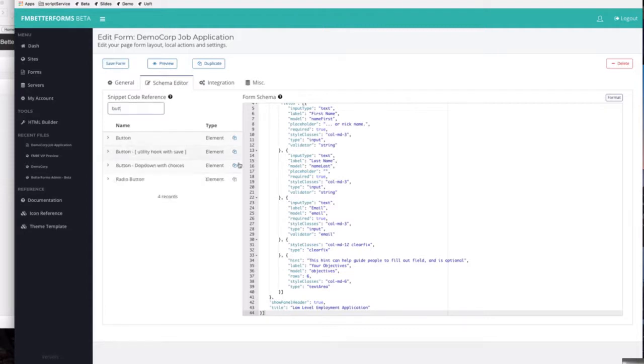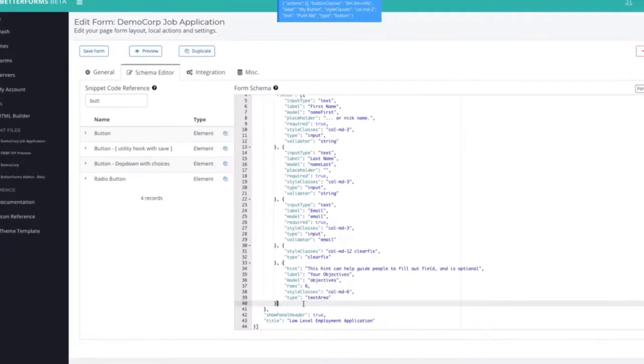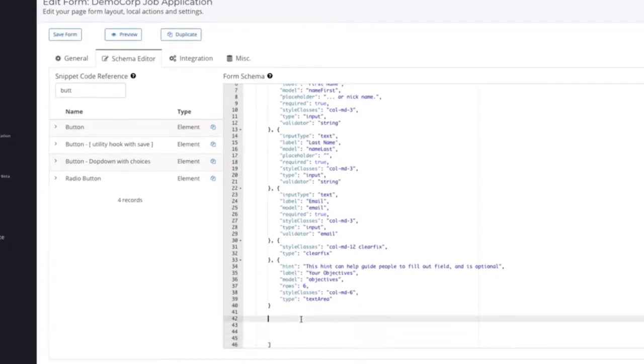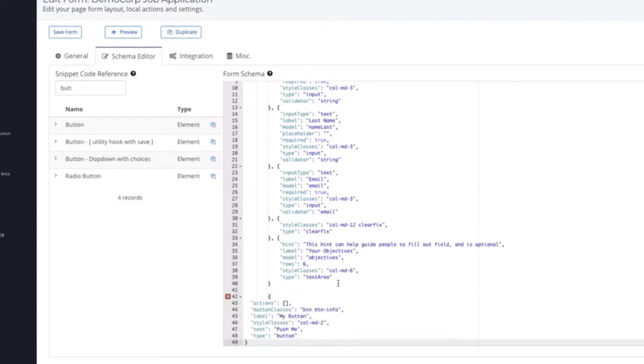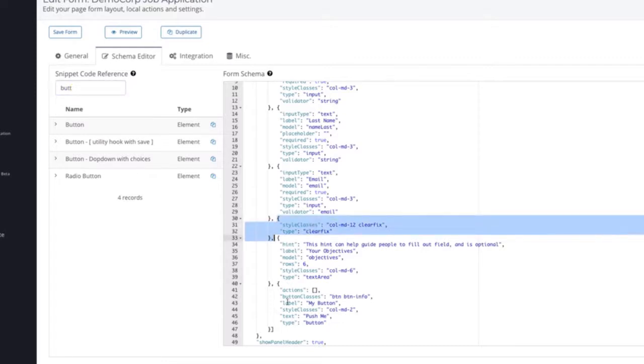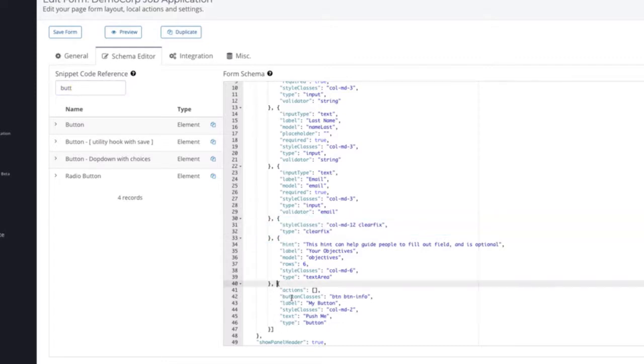So I'm going to search for button, add a number of different ones. I'm going to take this very first one, and I'm going to go just down here. I'm going to make some room. I'm going to paste that in here, and I'm going to put a comma in there. That's going to format. I'm also going to grab this page break, column break area, and